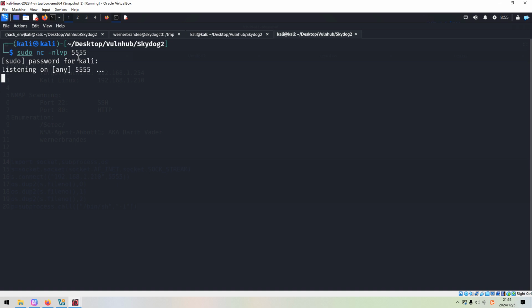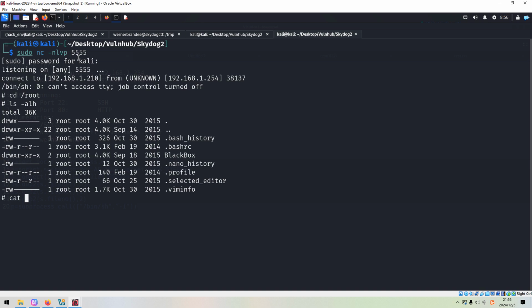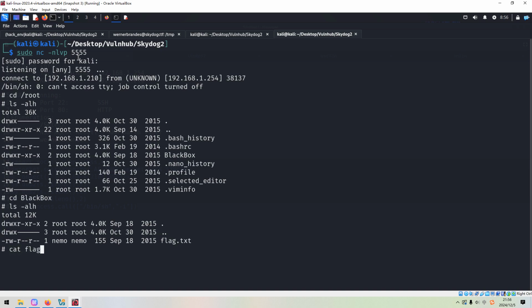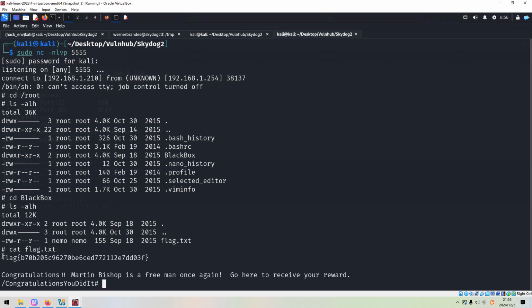So I think in this video, I've already demonstrated so many also useful techniques, and PSPY64 is one of them. As you can see, we have already successfully got the shell, and from the pound symbol, we know that we are root user. Then we can navigate to root directory to grab the, I think the final flag would be within this black box directory, and we can copy the flag.